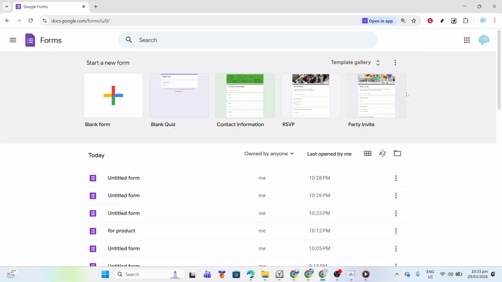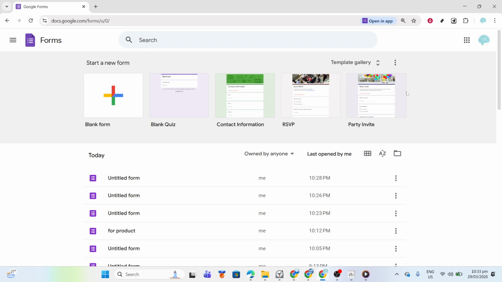In today's video, I'm going to teach you how to recover a deleted Google form or linked sheet from Google Drive trash. If you recently deleted a Google form or the Google sheet that was linked to it, there's a good chance you can bring it back quickly using Google Drive's trash. This walkthrough focuses entirely on checking the trash, locating the right file, and restoring it with clear tips to help